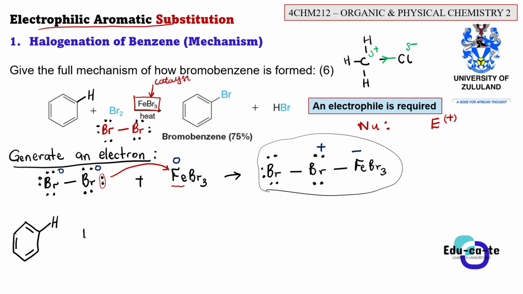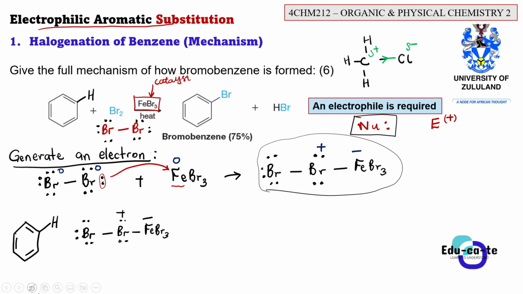So this is the new reagent, which is Br, Fe, Br3. So this is the new reagent with a negative charge here and a couple of lone pairs here, and a positive charge here and a couple of lone pairs here. Okay, here we go. Alright, so now it is time for benzene to act as a nucleophile, because remember that we said that our benzene acts as a nucleophile. It is the one that donates a lone pair of electrons to the electrophile.